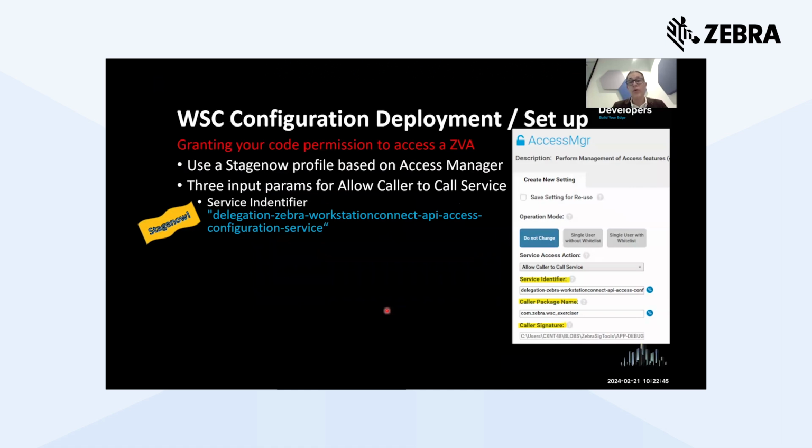In order to allow your application to call this ZVA and binding service, you also need to get the permission. Specifically, this is achieved, for instance, through StageNow. StageNow has a feature set called the Access Manager, and the action service allow caller to call service needs to be invoked. As a service identifier, you need just to paste this literal, because this is identifying the specific ZVA needed to configure Workstation Connect. In the core package name,